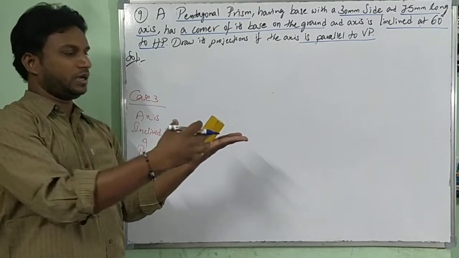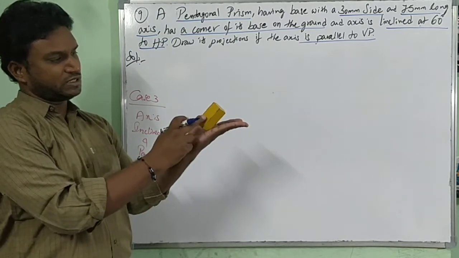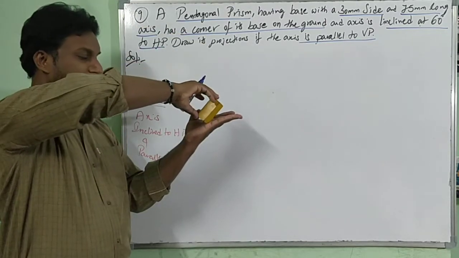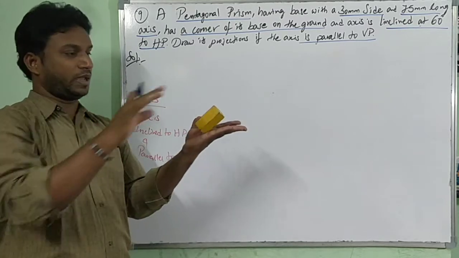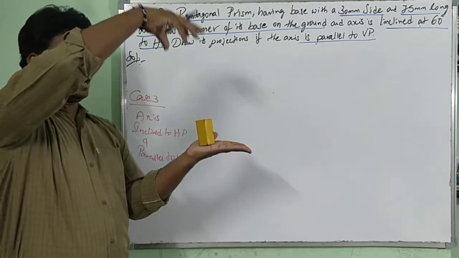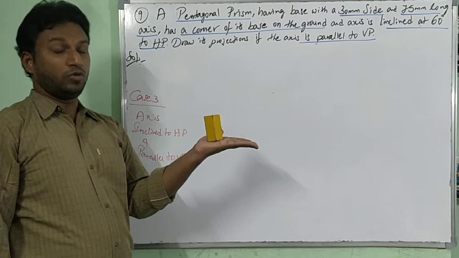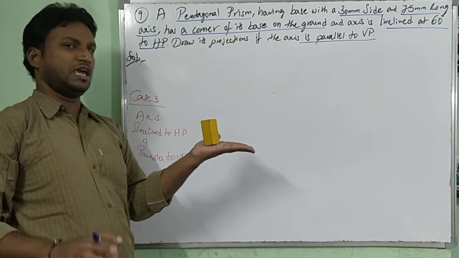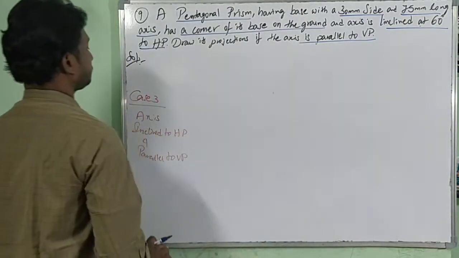You cannot draw directly. Projections means front view and top view. When you are drawing the front view with respect to the corner, you can see two rectangular faces. With respect to the top view, you can see 1, 2, and backside 3 rectangles. You cannot draw them directly. So I am rotating it to such a position that I can draw the true shape of the base in the top view. Front view and top view. Same. Right? Previously we have drawn a hexagon, now we are drawing a pentagon.